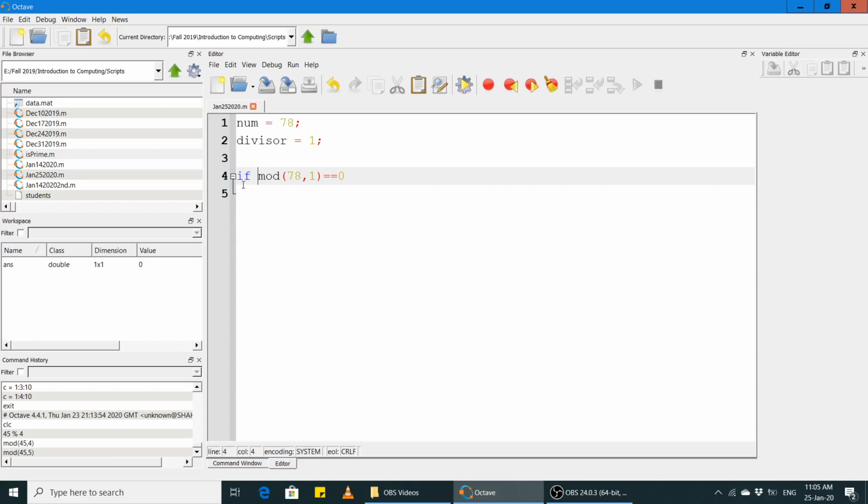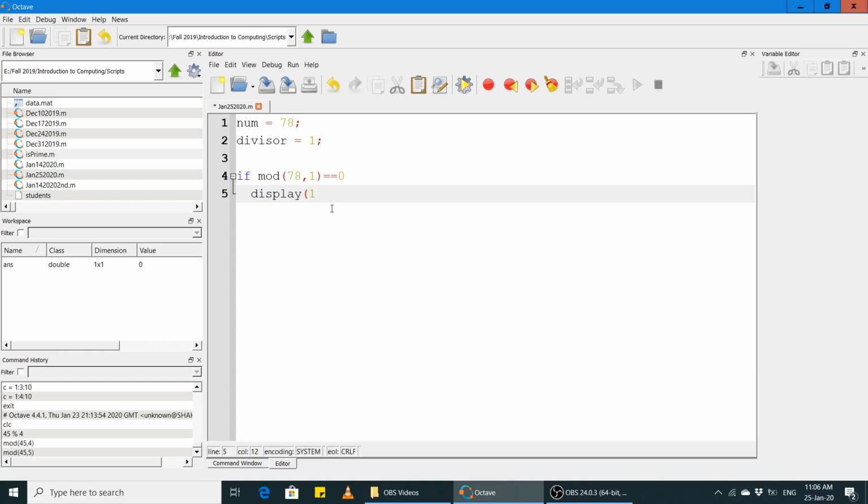So whatever comes after if, that statement will be conditionally executed. So if this condition is true, then the statement that will appear at line number 5 will be executed. Otherwise it will not be executed. Okay? So if the remainder when we divide 78 by 1 is equal to 0, then we want to display